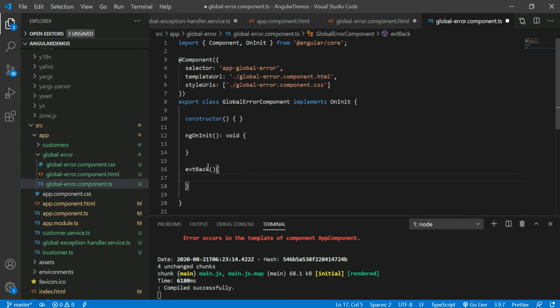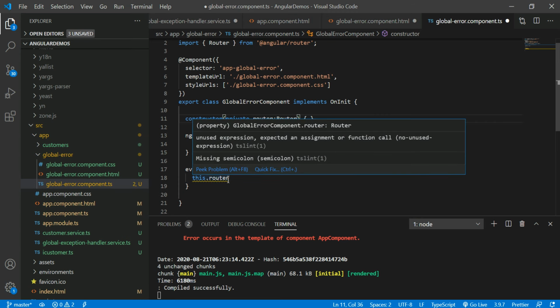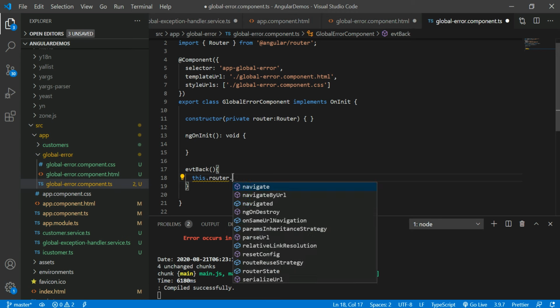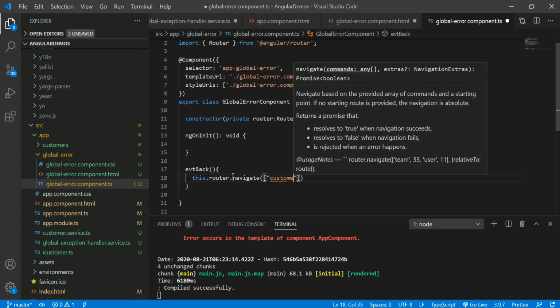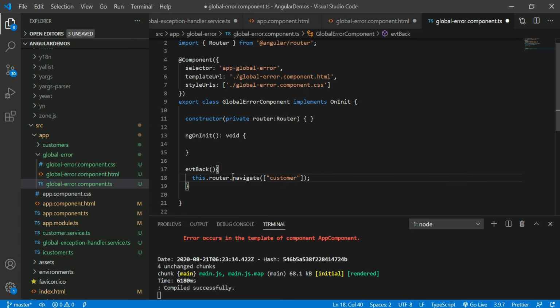Even back here, this.router, I don't have a router here, so router. this.router.navigate. Which screen do I want to pass? The customer screen, right? Customer. That's it. So when the user clicks, I navigate to the customer screen. Save.